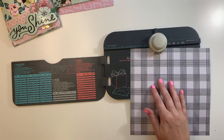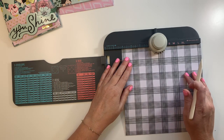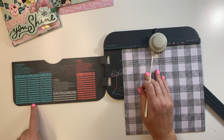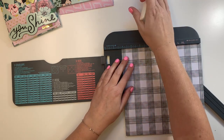And I will show you how to use this. There's lots of tutorials for how to use this punch board. I'm certainly not the best at it. I struggle sometimes a little bit. It is very easy though. So to make this, it's saying you need a 9-inch square piece of paper, and your first punch is at 4 1/8, which is here. So punch,